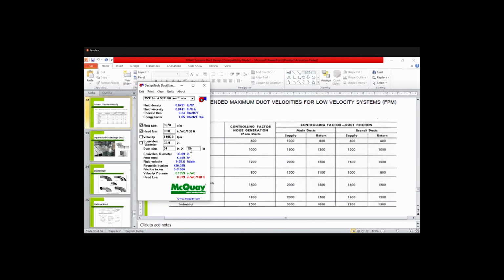Okay, and the best design is 1:1. 1:1 means 250 by 250, for example. So it's the best ratio, and the pressure drop is also less, and the noise level also reduces. If we increase the ratio from 4:1 to 6:1 or 5:1, then what happens? It will create a noise issue, or there will be a lot of pressure drop in the duct. Okay, so we have to maintain 4:1 as per standard.